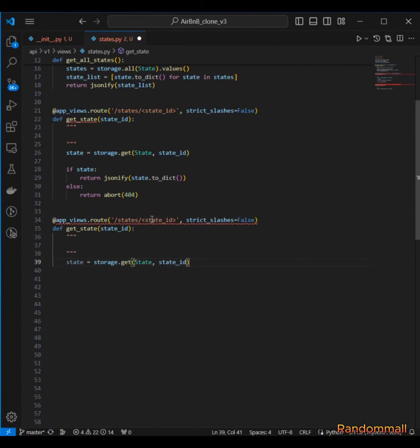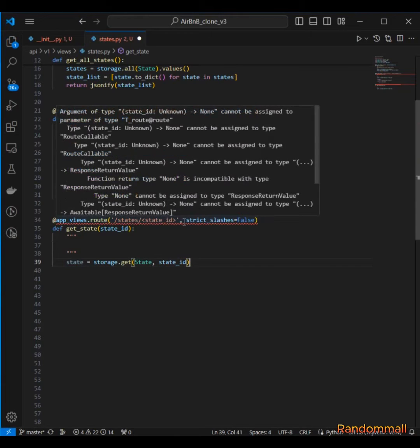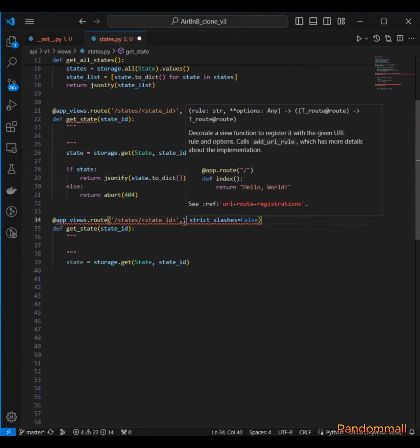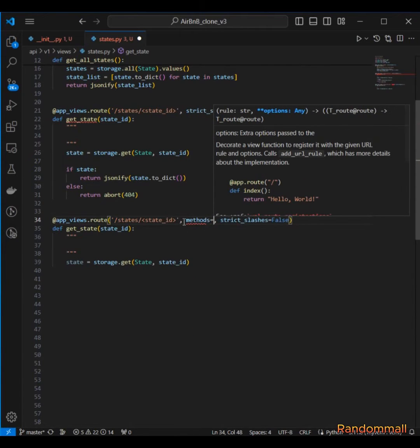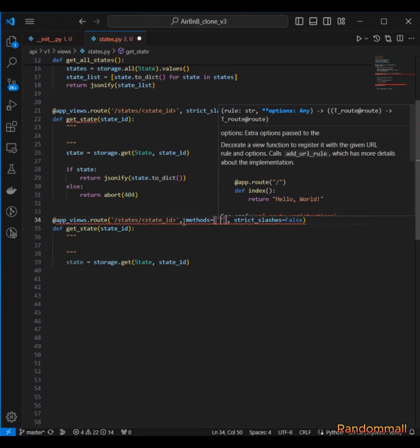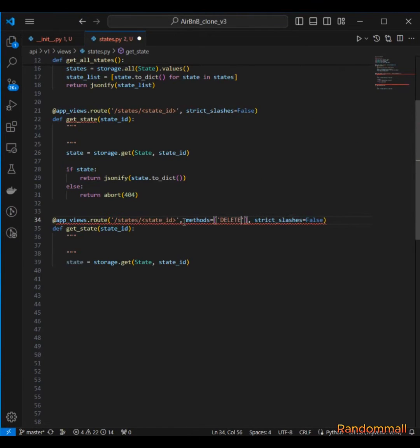So I'll copy this, and here we are going to specify the method, which is going to be a DELETE method, and then the name of it is going to be delete_state,